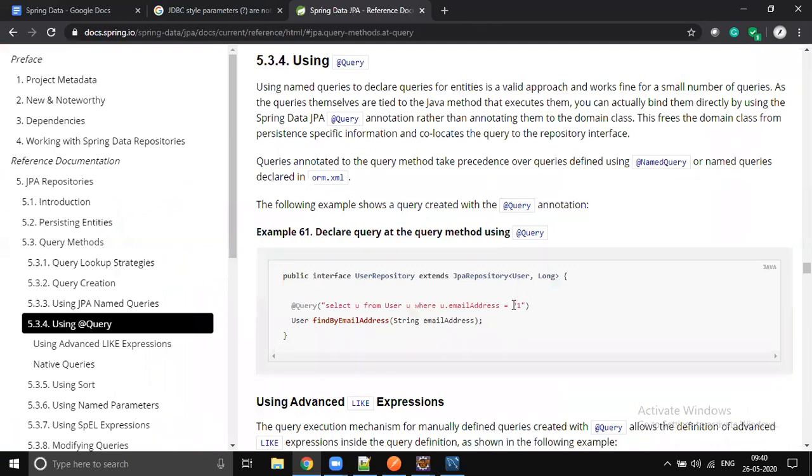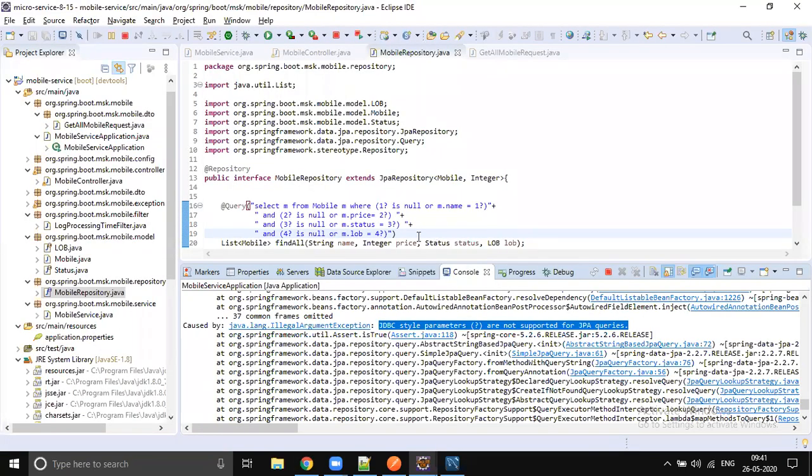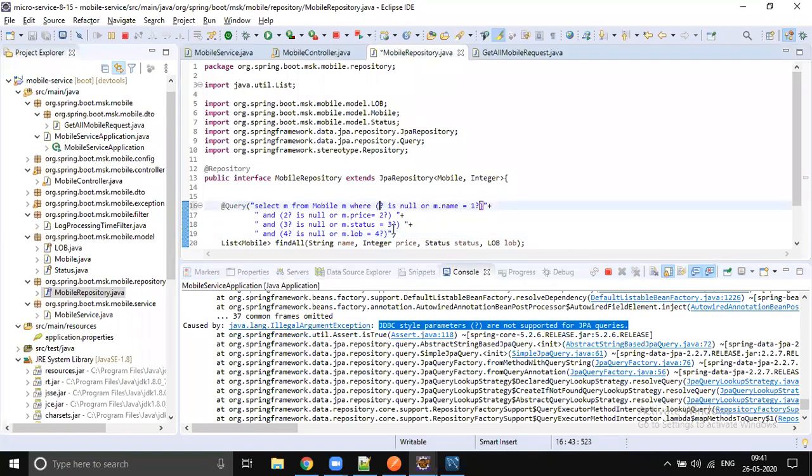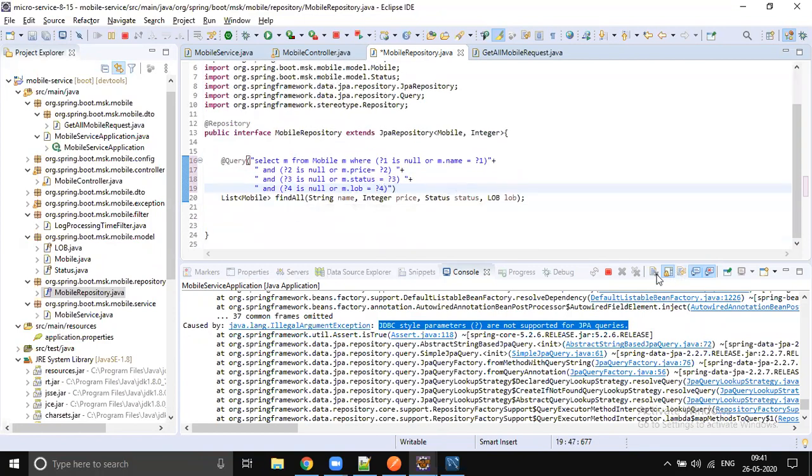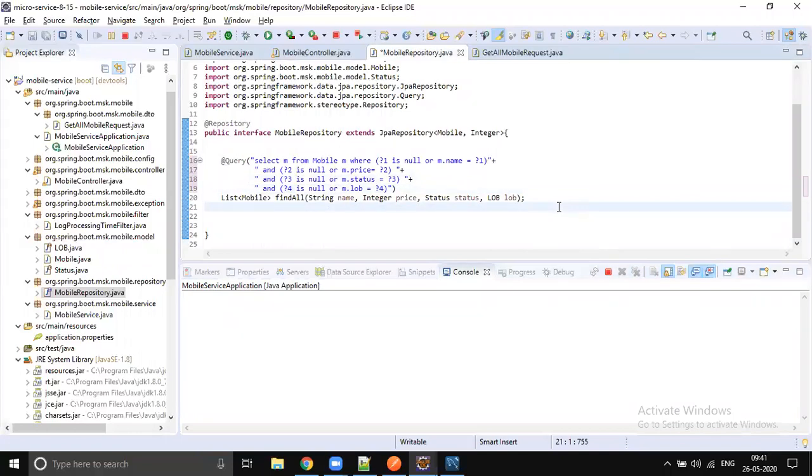At query, it's question mark one, not one question mark, right? Yeah, question mark one. Let's change it. Question mark two. We'll check whether it will work or not. Question mark two, question mark three, question mark four. There we go. So let's save this change and